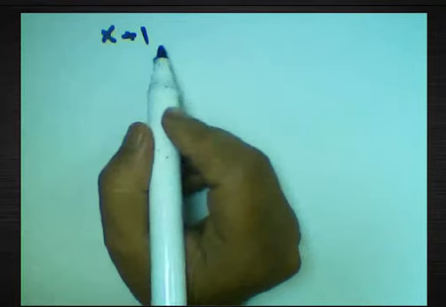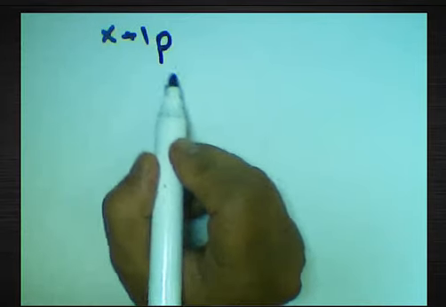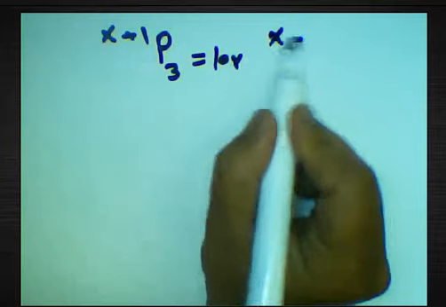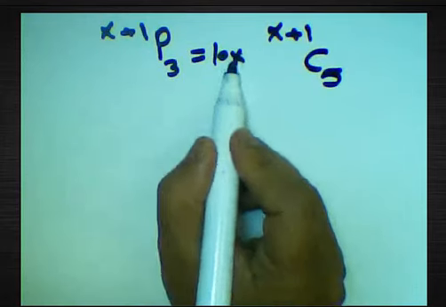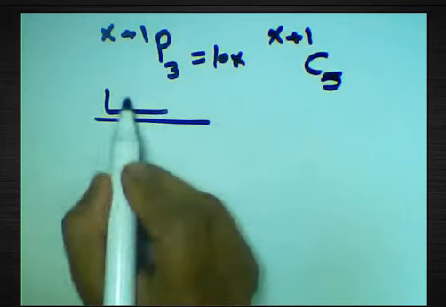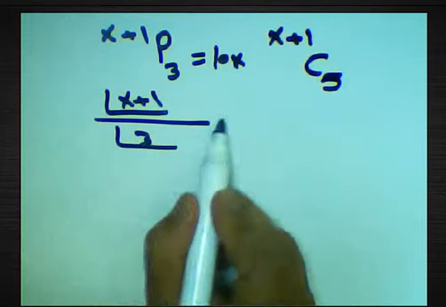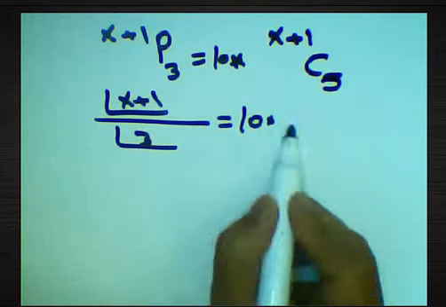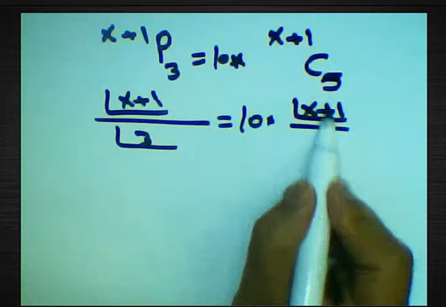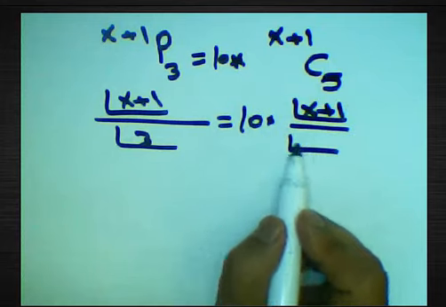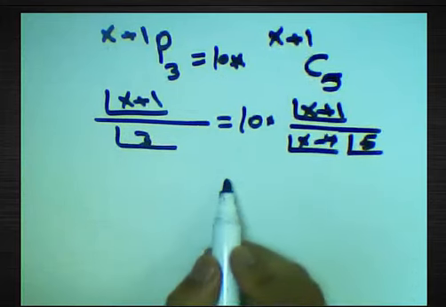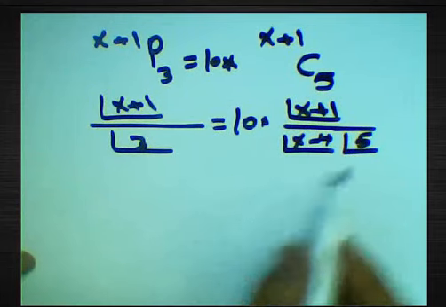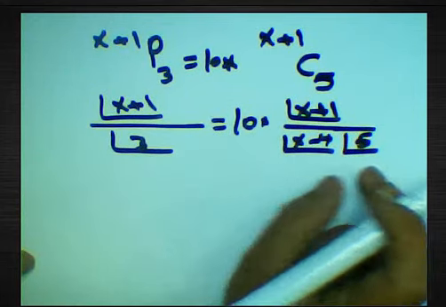This example: (x+1) permutation 3 equals 10 multiplied by (x+1) combination 5. We want to find the unknown here. We can use the rule here: factorial of the top, (x+1), over factorial 3 equals 10 multiplied by factorial of the top, (x+1), over factorial of the difference between them, which is x minus 4, multiplied by factorial 5 down here. Then we can simplify it, write 5 outside here,